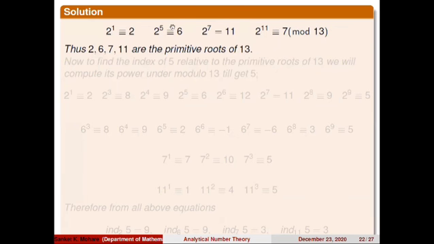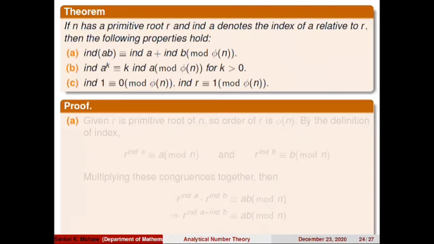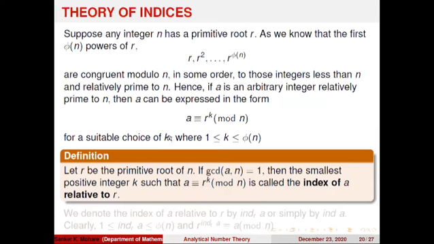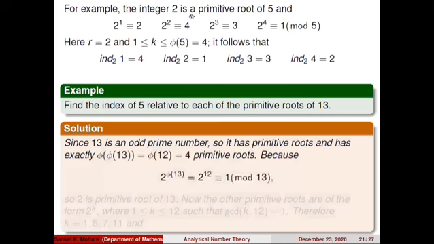So this is one of the important examples to understand the theory. In the next lecture tomorrow we'll discuss this theorem. Read this definition, try to relate this example with the definition, and then go ahead with finding the index. Once you know how to find primitive roots, it is very easy to find the index of 5 with respect to the primitive roots of the given integers.